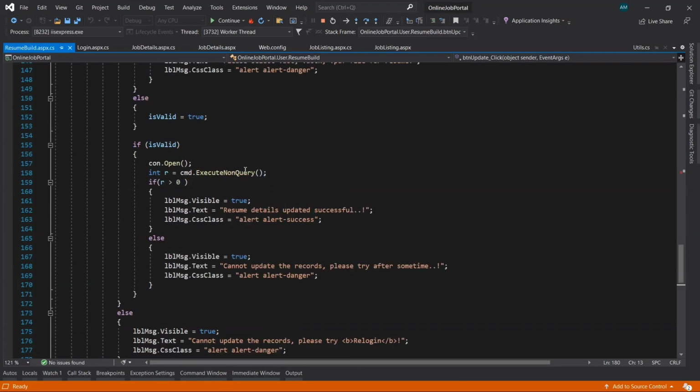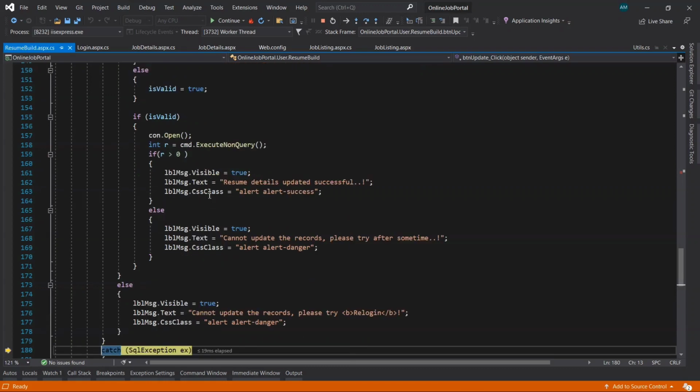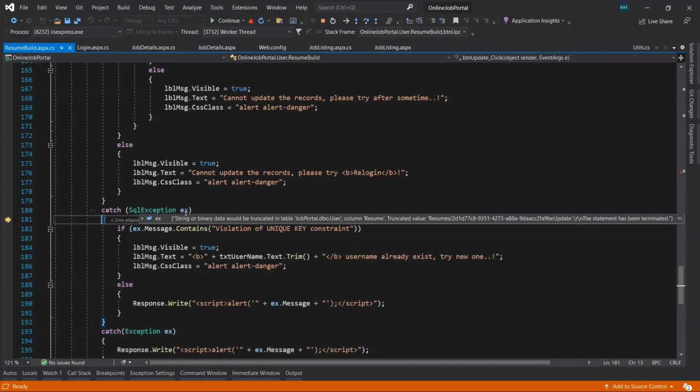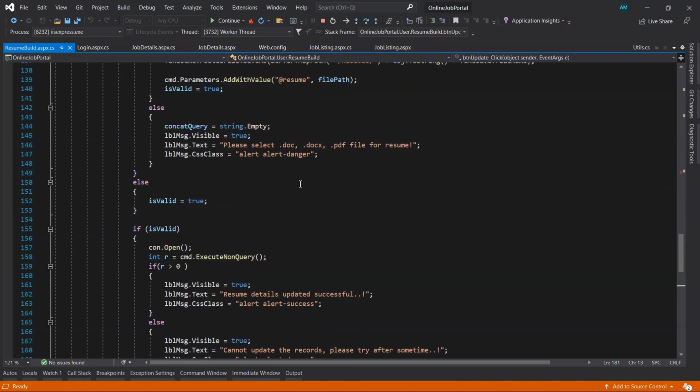Something went wrong here while saving. Let's check the table it's going to update.